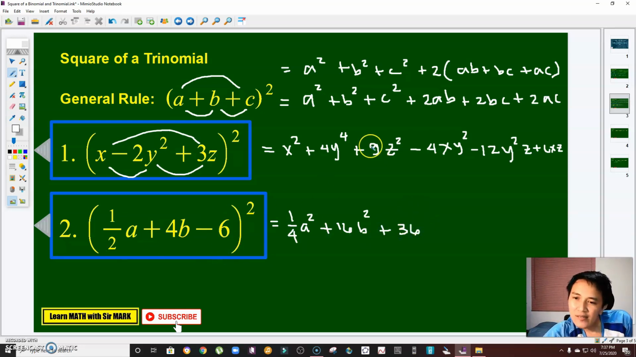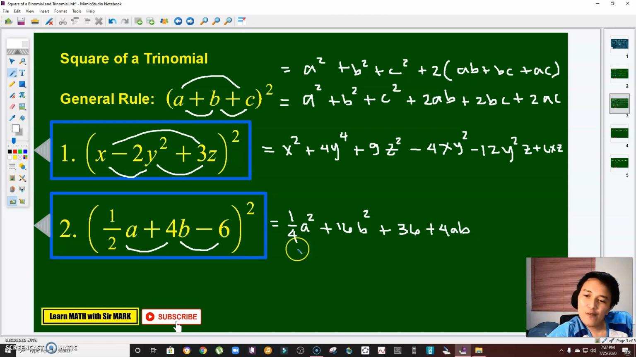Okay? Next, to get the fourth term, I multiply the 3 terms 2 at a time. So I'll start with the first 2 terms, times 2, the 1/2 will cancel, right? So that will be 4ab. See that? I hope you're following what I'm doing. And then, I multiply this times 2. So that will be negative 24. Okay, times 2. So that will be negative